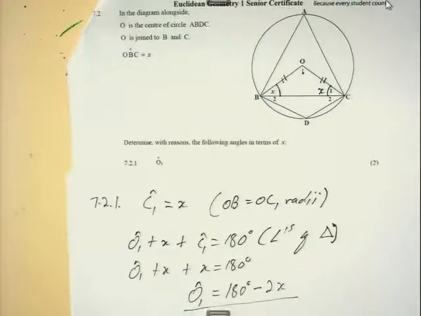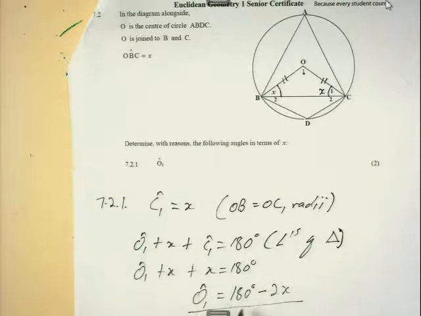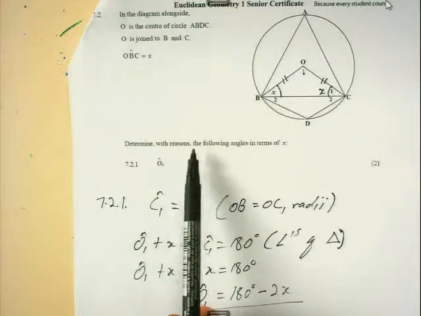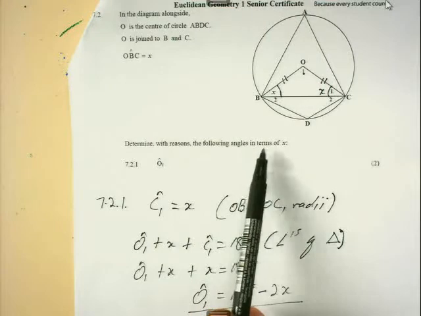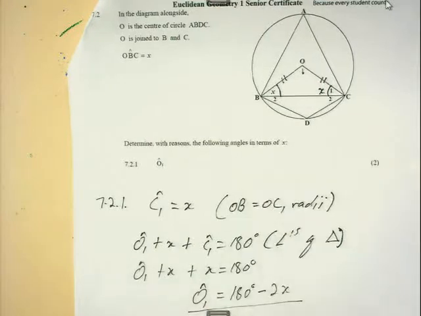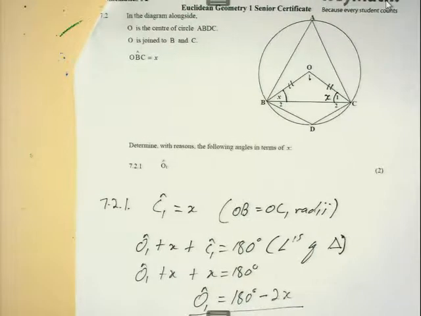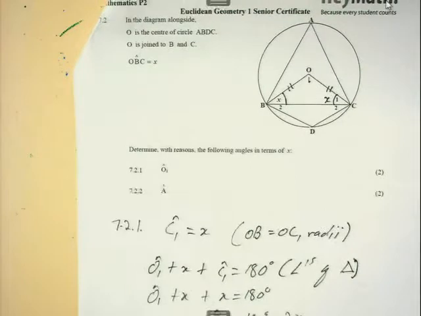7.2.1: O1 will then be equal to 180 degrees minus 2x, because the question states determine with reasons the following angles in terms of x. So O1 in terms of x is equal to 180 degrees minus 2x. I hope you enjoyed that one. Second one,